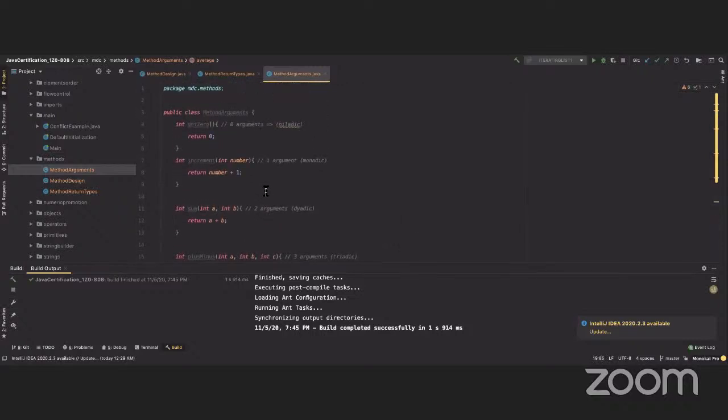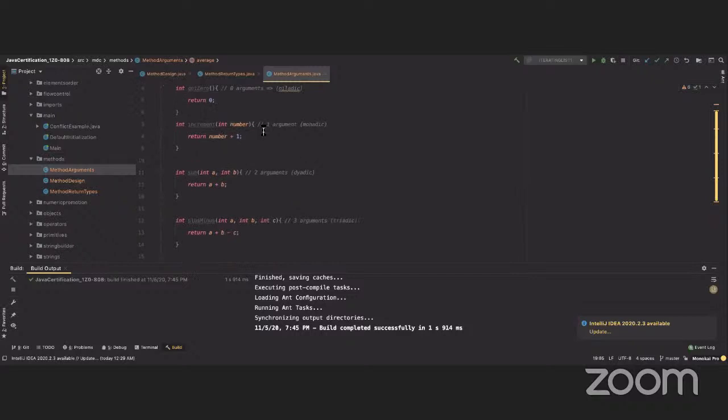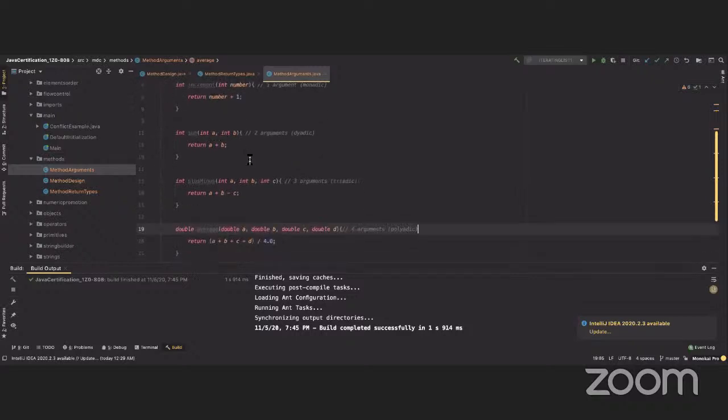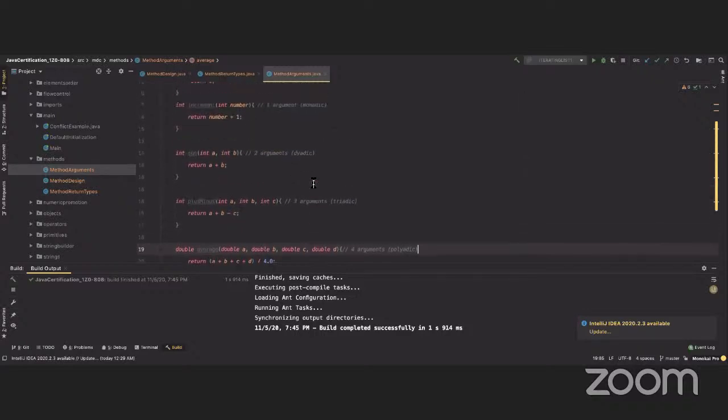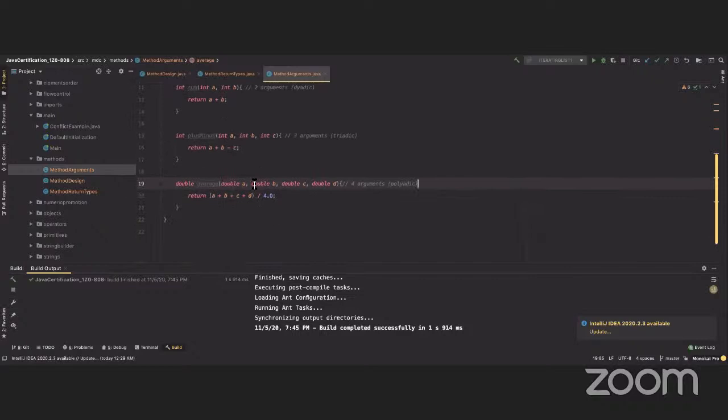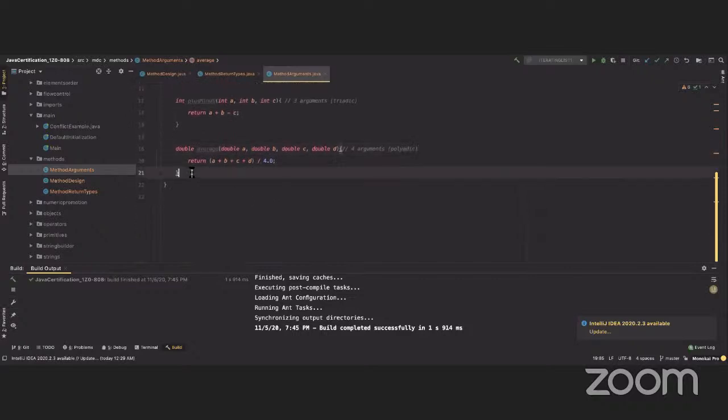Okay? So we take 0 arguments, 1 argument, 2 arguments, 3 arguments, and 4 arguments. And then what you have to do when you call the method is pass those numbers. So if you want to call the average method, you can say average,